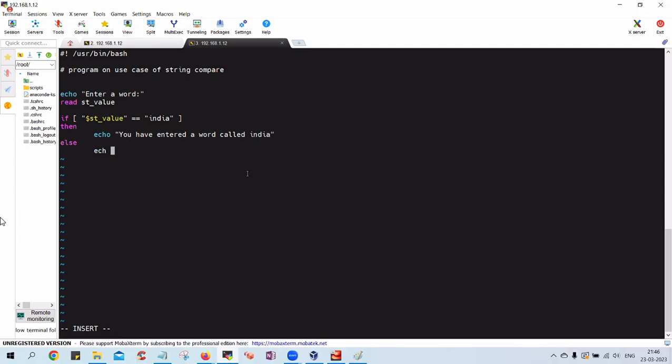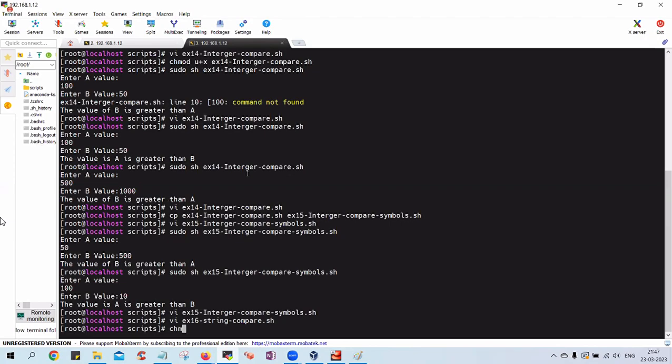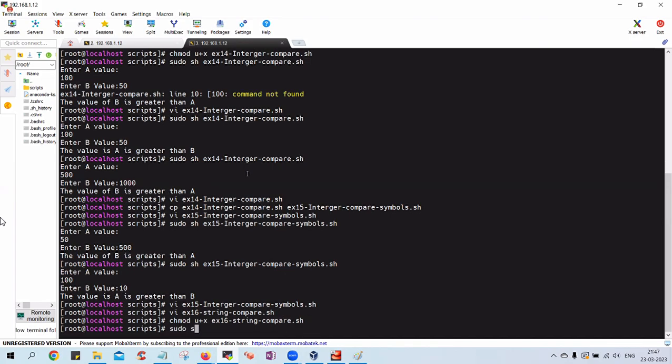Else, you have entered a word other than India. If I save this and close, chmod u plus x example number 16, sudo sh example number 16,